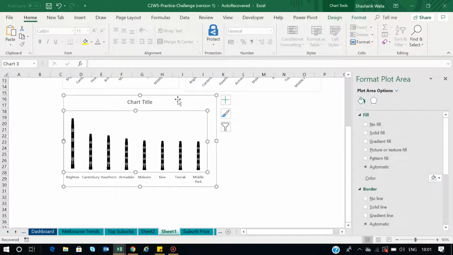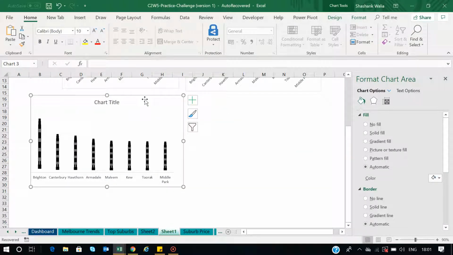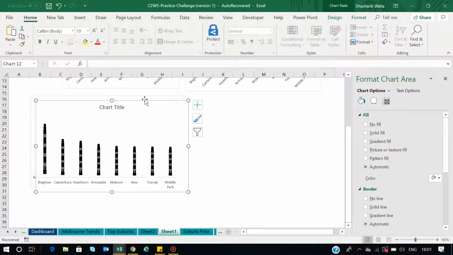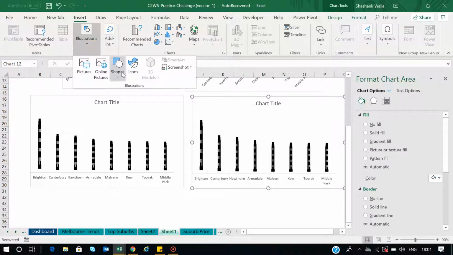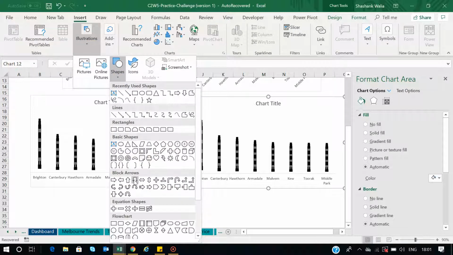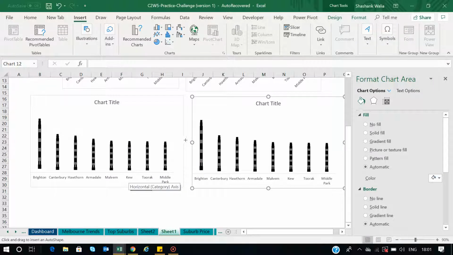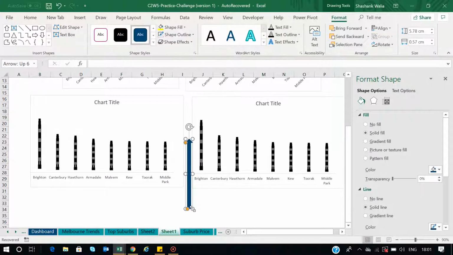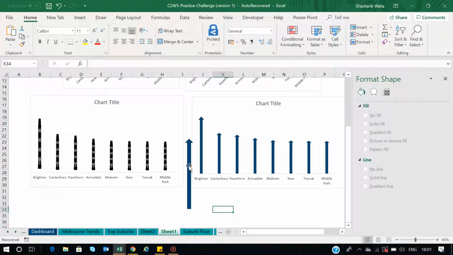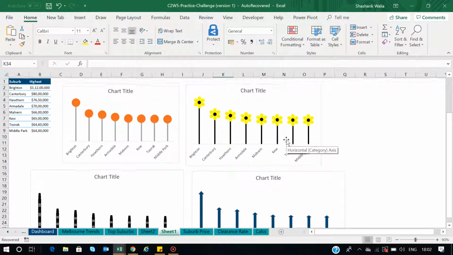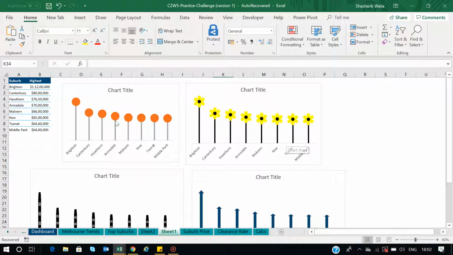And now if you don't want to use the icons, you can even use the shapes in your charts. For example, I will just make a copy of this chart and I will go to the insert tab, just go to the illustration, go to the shapes, and if you want to use an arrow, so I will use this one, right? And I will draw this arrow here and press Ctrl C, select these bars and press Ctrl V. So now the buildings have been converted into an arrow, right? So this way you can create multiple creative charts. You can showcase your creativity, whatever you want to do.